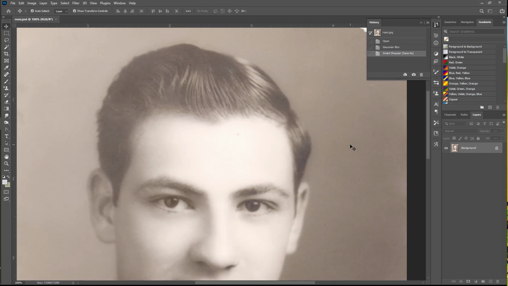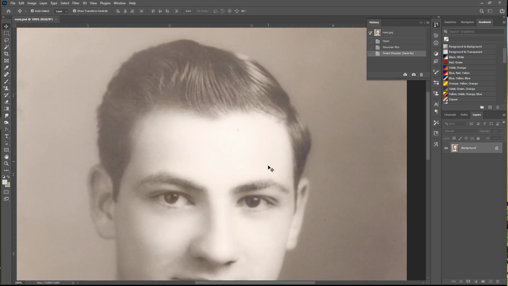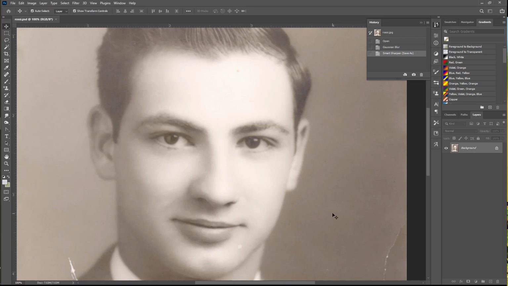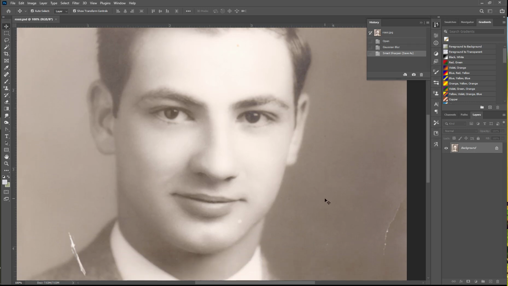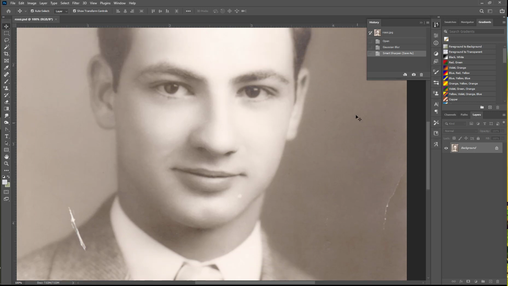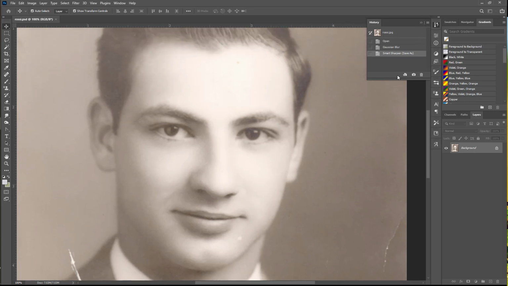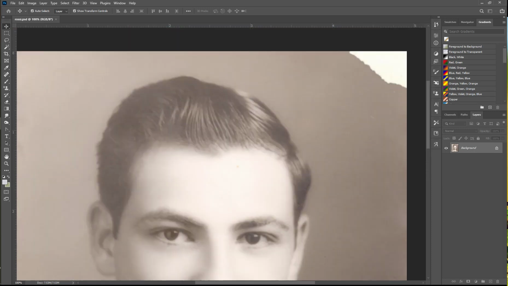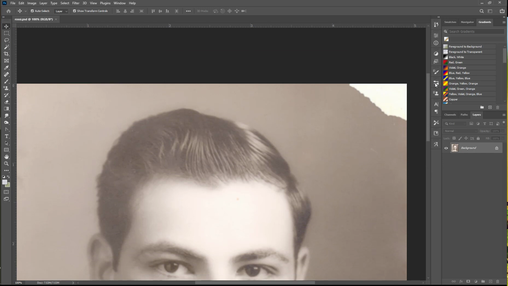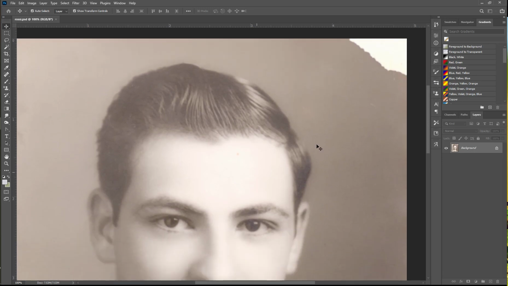So now we are on page 164, Heal Severe Scratches. And looking at the rest of this image, you're going to see that there's an issue. We have something that's an incorrect tone on his forehead. We have something that's not right on his chin. There are some severe scratches, a crease over here, and if you look at the top corner, there's a torn corner. So we have some items that we really need to work with on here to make this look like the